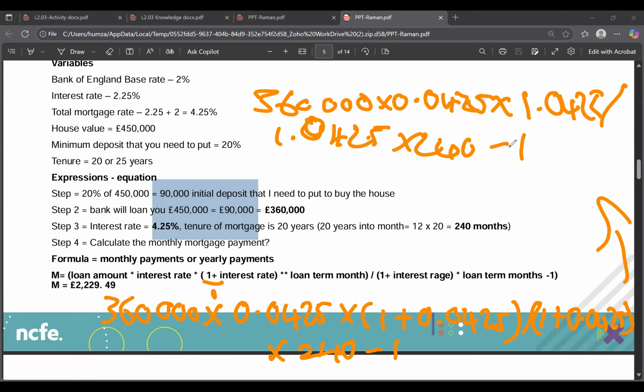So we do it in order of BODMAS. Division and multiplication, the order doesn't matter as we learned in BODMAS, and addition and subtraction, the order of them doesn't matter. So if we do the multiplication first,